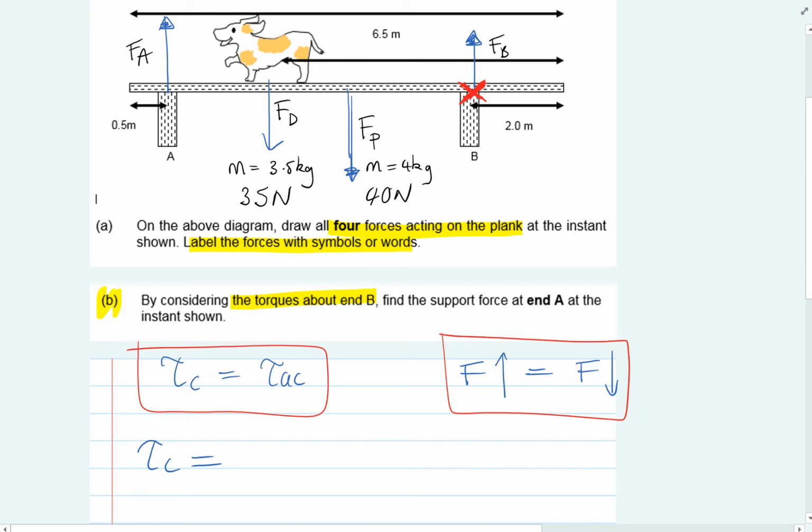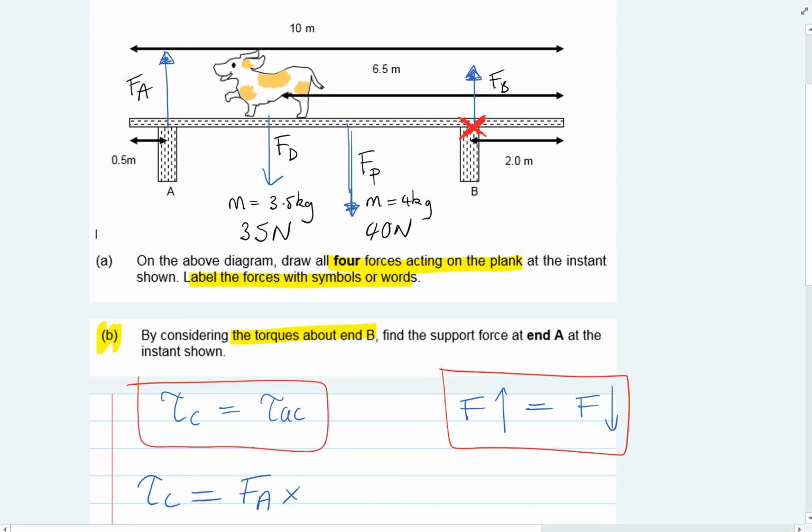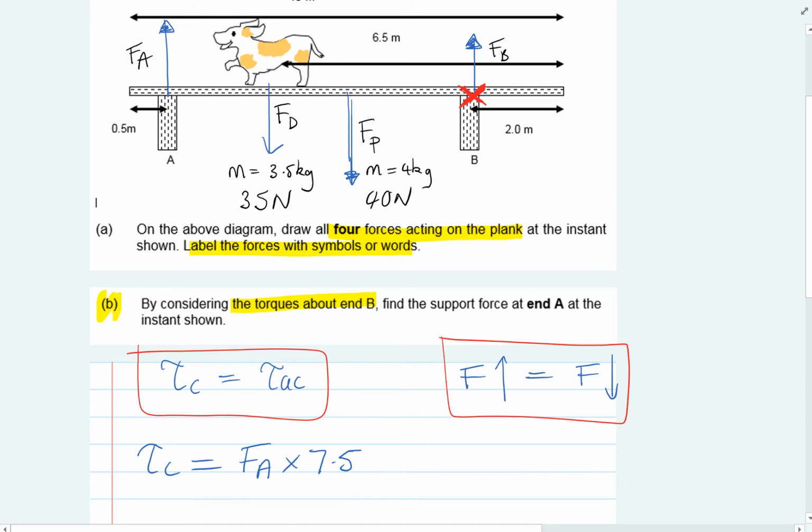So torque is a force times a distance. So we're going to have the force FA, and we're going to multiply that by the distance that FA is away from FB. And that distance there, looking at it, would be 7.5 meters. Just be careful when it comes to distances. It's not 10 because you've got a 0.5 overhang on the left hand side and you've got a 2 meter overhang on the right hand side, so it's 10 minus